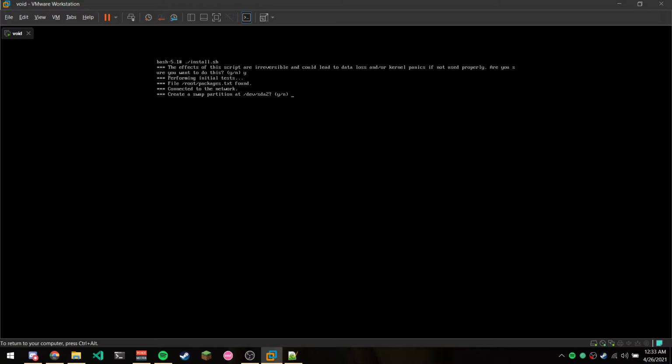And what I'm going to be doing is just running the script. I'll just do dot slash install. Now the script will warn you if you're sure you want to do this. I do. It will perform initial tests. It says root slash packages.txt found, and we do want to create a swap partition of